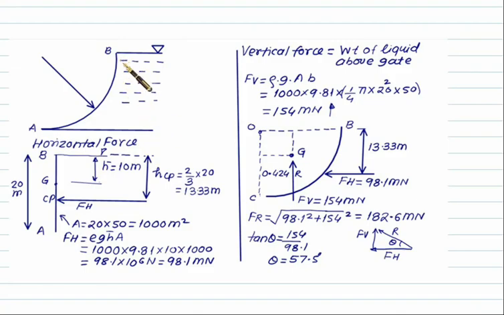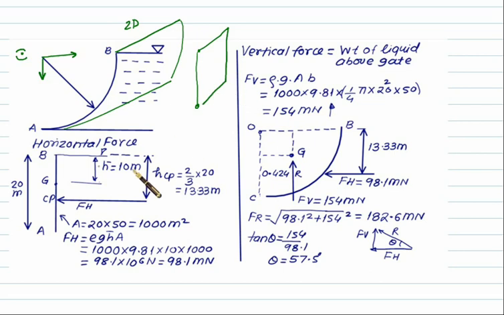Suppose I have here a quarter circle plate of certain length like this one. So this one is a two-dimensional figure. This force will act on it, and this force is composed in two fashions: one is horizontal and one is vertical. When you say horizontal, you have to look from this side. When you look from this side, this point will locate here and this point will come here. So you will get a rectangular plate like this one.